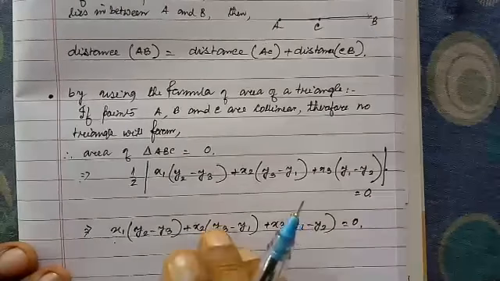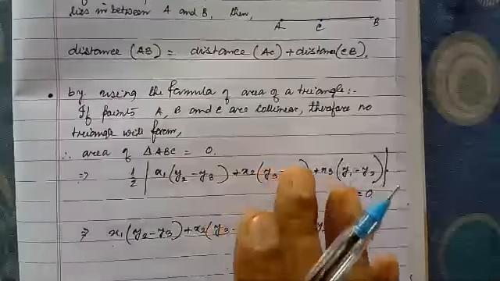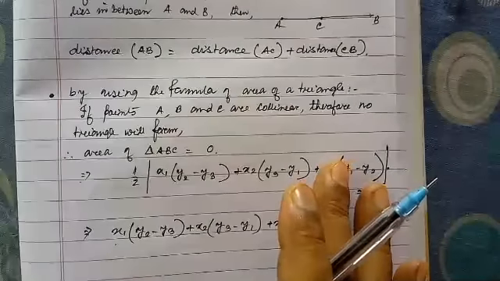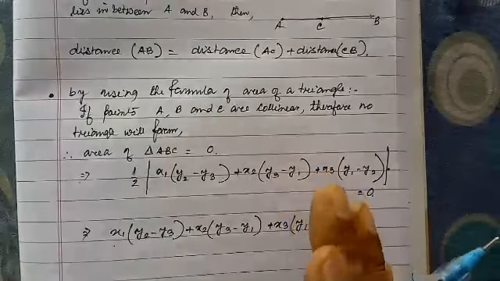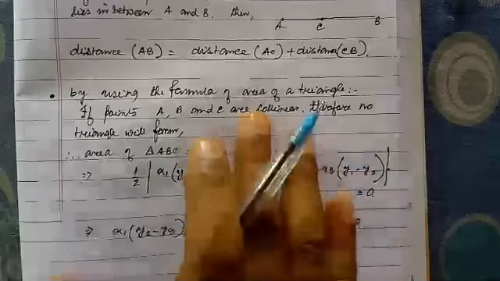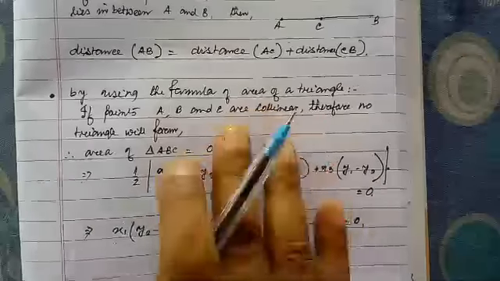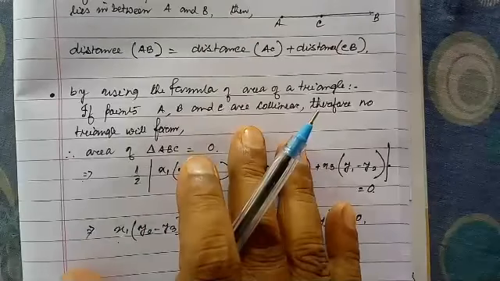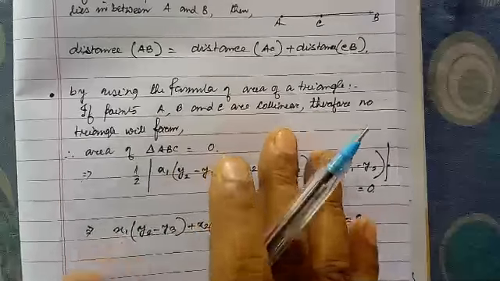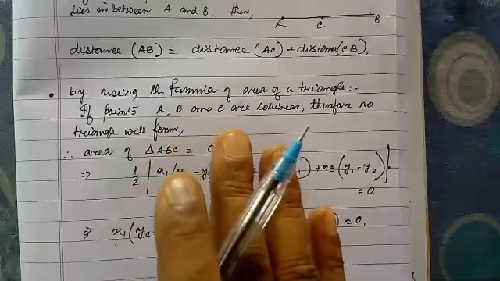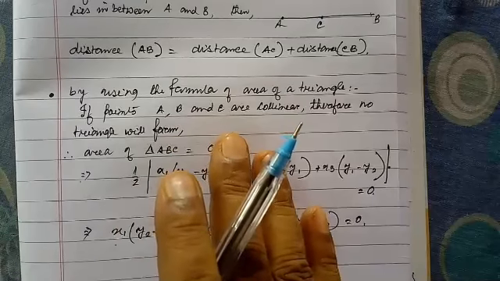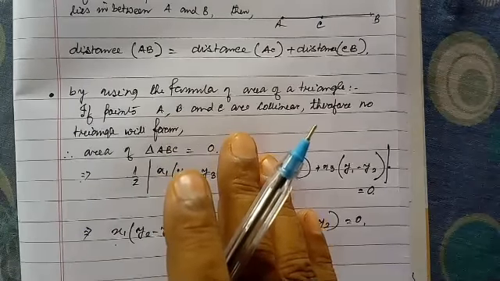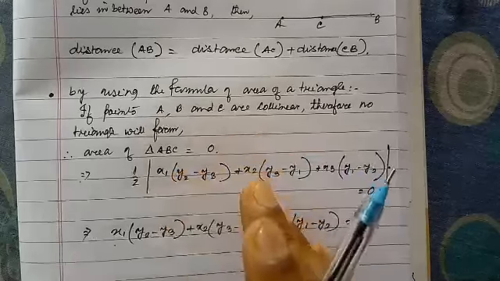Now students, we have completed our portion for coordinate geometry. See the video again and again, and try to comprehend. If you feel any problem, contact me. Otherwise, watch the video repeatedly and try to solve the book exercise, and at the same time the worksheet which will be provided to you. Okay students.